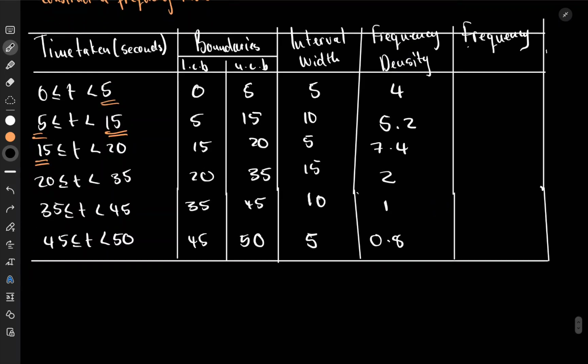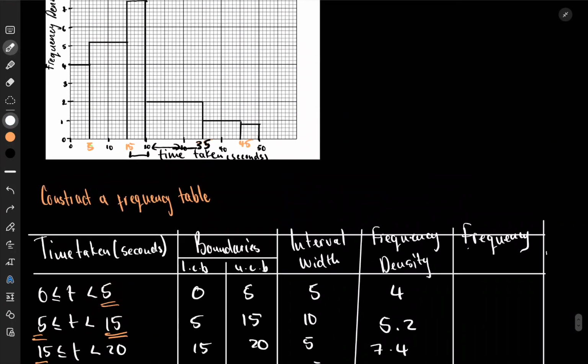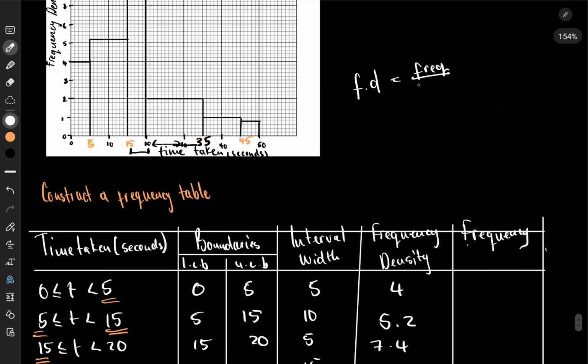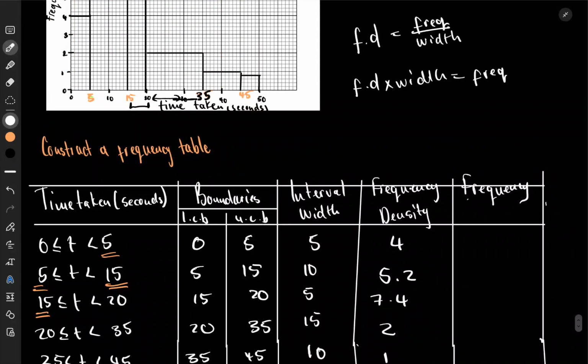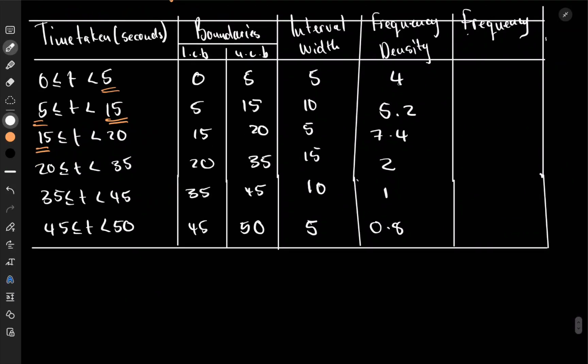Now we can get our frequency. We know the formula says frequency density is equal to frequency over the width, because density is how much over the space. Now to get frequency, we take the width to the other side: frequency density times the width is equal to the frequency. So I'll just multiply the interval width times the frequency density. What is my interval width? 5 times frequency density 4. What will be my frequency? 20. 10 times 5.2 would be 52. 5 times 7.4